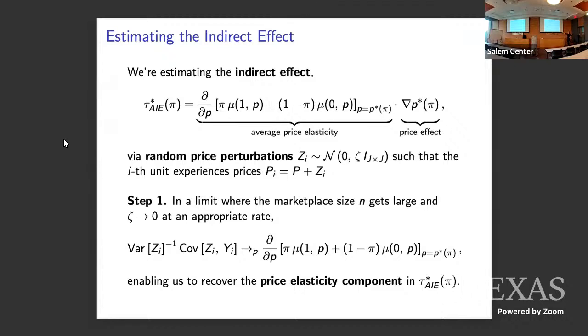And yeah, so once we spike in these price perturbations, the way we're going to do this, first we're going to regress outcomes on these price perturbations. This estimator should be very familiar. It's essentially two-stage least squares where we're treating Z as an instrument. This is going to converge to the average price elasticity. Sorry, no, this is just a regression. The final estimator is going to be two stages. So this is going to help get us this thing.